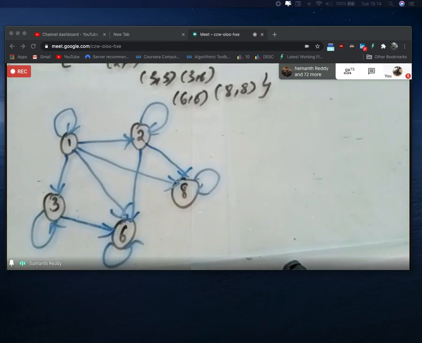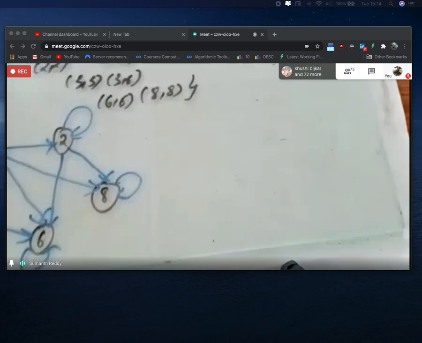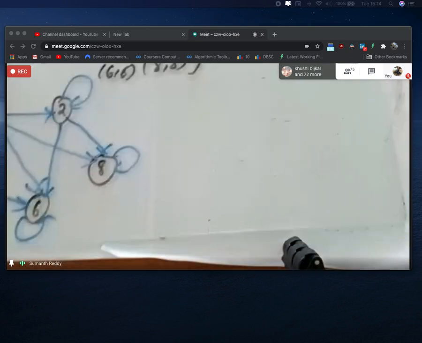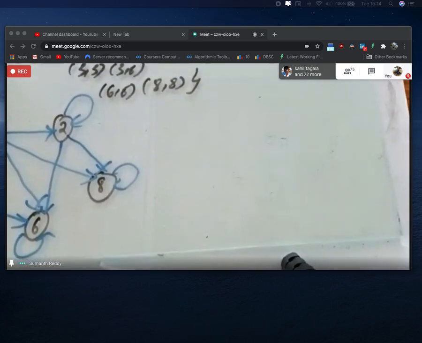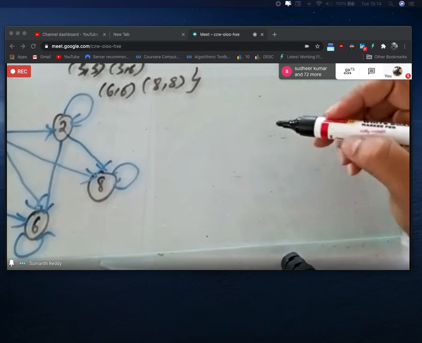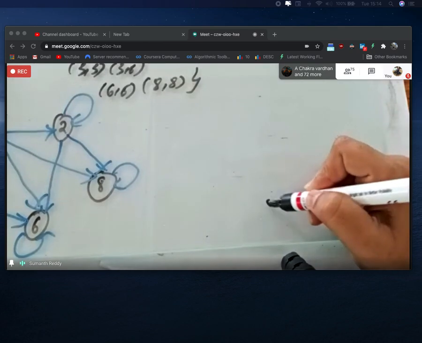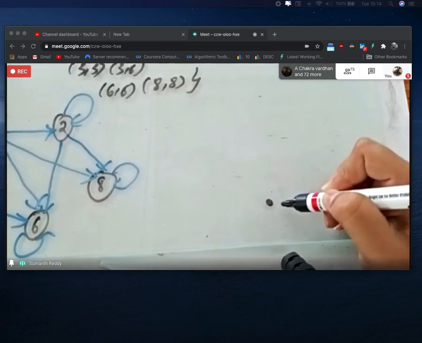Now this is the diagram. I think in this example you will be easily convinced that the Hasse diagram is a better, simplified representation than the diagram. Based on this, the first thing I told you is to take the minimal element. When writing the Hasse diagram, always start with the minimal element. Here 1 is the minimal element because it is related to all the other elements. So I'll write the dot here.